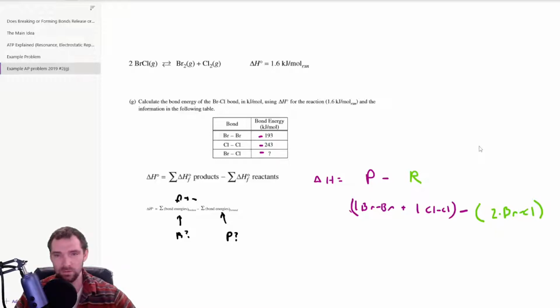So these are kilojoules per mole, like I said in the last problem. If we're doubling up the bonds, that's doubling up how many molecules we're working with, which doubles up the number of moles that we're talking about in the reaction. So if you have 2 of these in the reaction, you're going to be releasing or requiring twice as much energy if you're breaking or forming that bond, right? So if we think about these numbers right here,